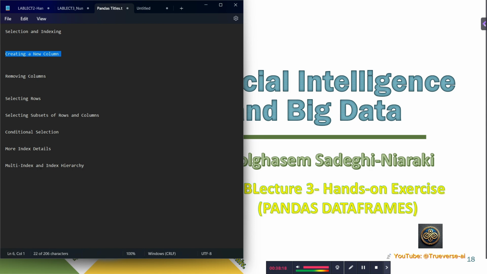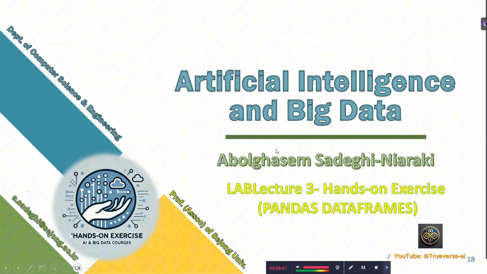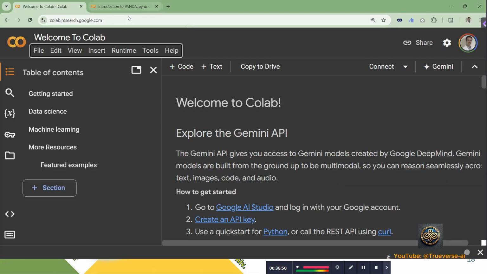If you are not familiar with this, and if you have very basic knowledge, you can pause the video, search about that, read something, and then continue for the hands-on exercise. I show this for two purposes. One, to let you know our hands-on exercise table of contents, and also I will copy and paste to save time. Okay, so what you need to do, go to Colab, new notebook,